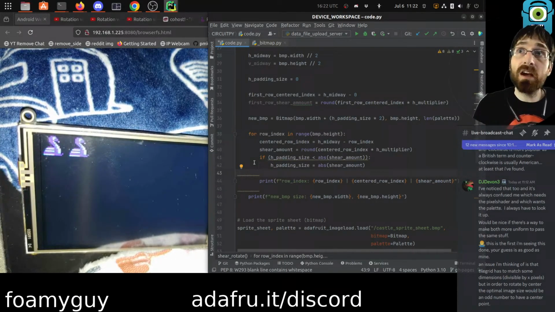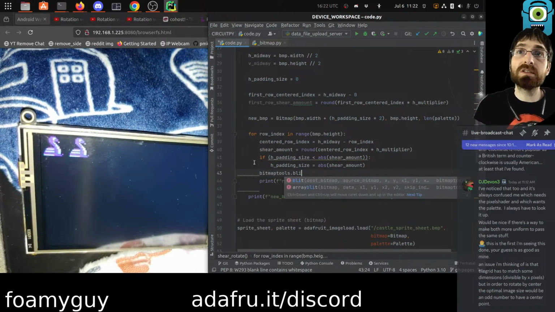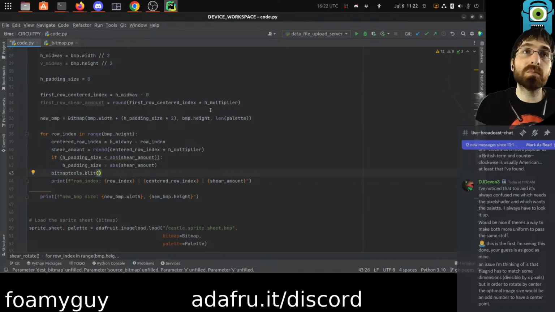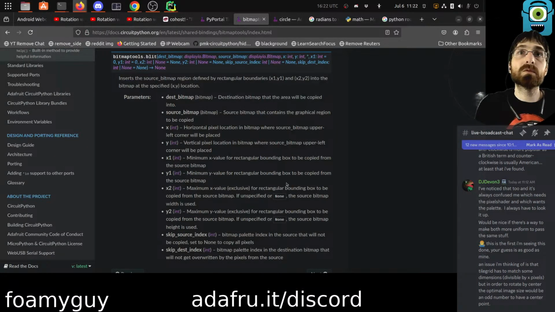Okay, so we have our new bitmap. We want to call bitmap tools split. I'm gonna make this full for now. We don't really need to see anything just yet. So we're gonna blit. I don't know that off the top of my head. I actually have the docs over here though, which is what I'm gonna get next. But so that goes destination, then source, then XY